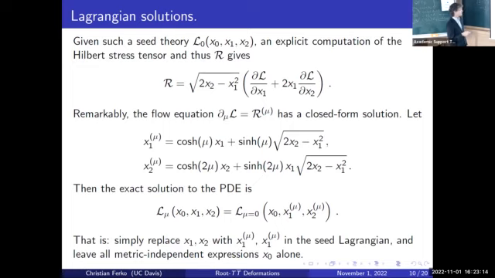But if there are these kinetic terms, dependence on x1 or x2, then the flow equation will change the Lagrangian, although it does it in a very simple way. So my claim is that this flow equation, now I'm using μ as the root TT bar flow parameter, is dL/dμ equals R, where I'm putting a μ superscript to remind us that the expression for R can now depend on μ, because the Lagrangian will be a function of μ. There's a closed form solution, which is very simple. You can solve this by the method of characteristics.